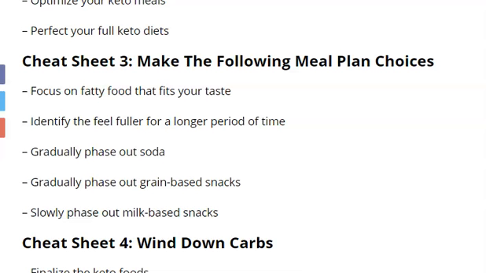That's the process. The key point here is that you need to add fatty food into your menu.